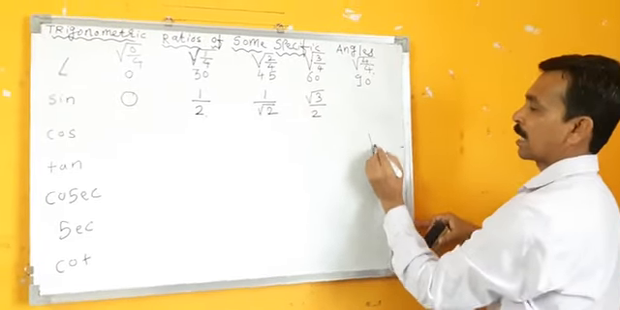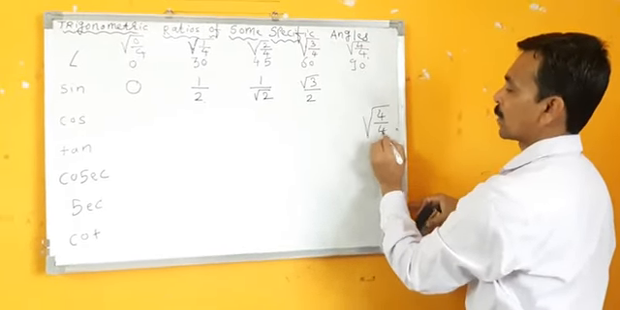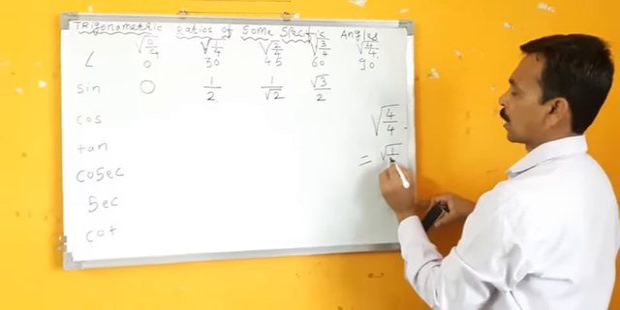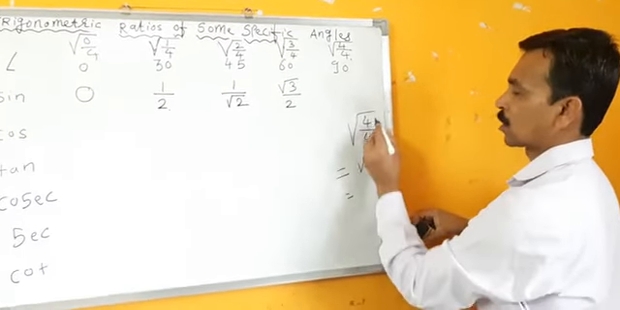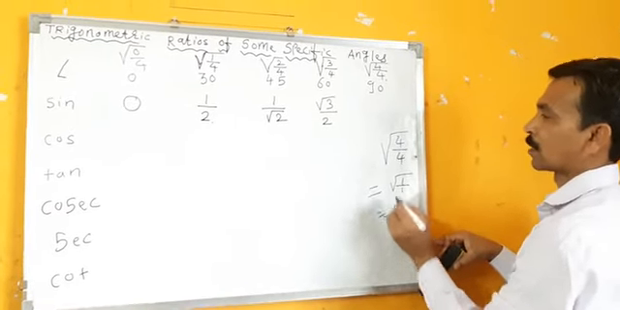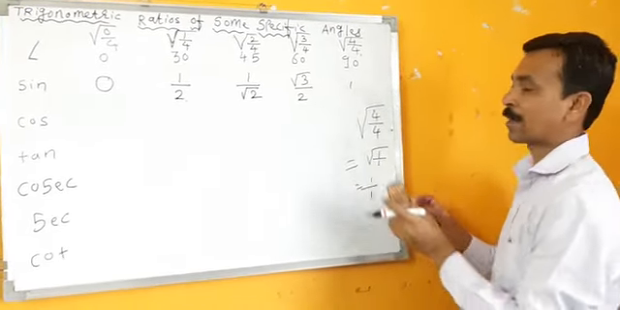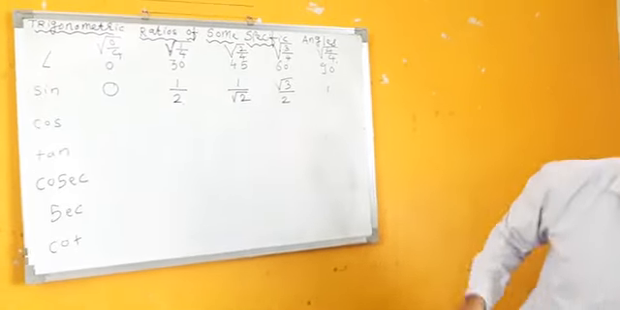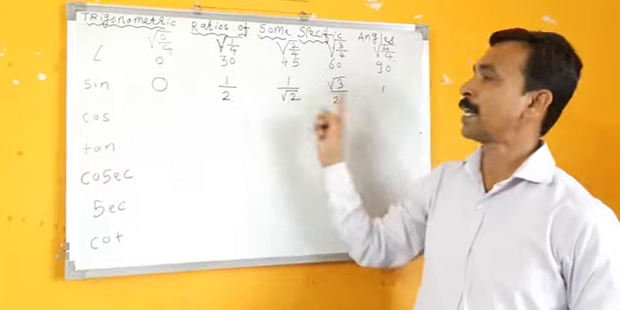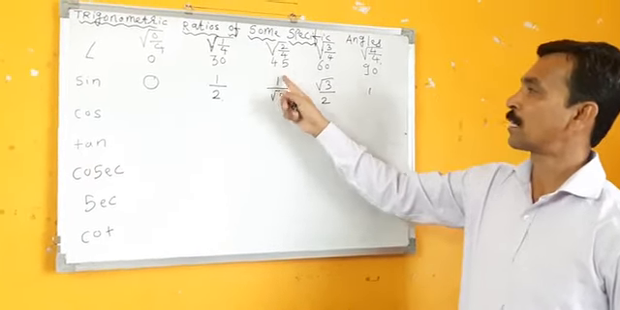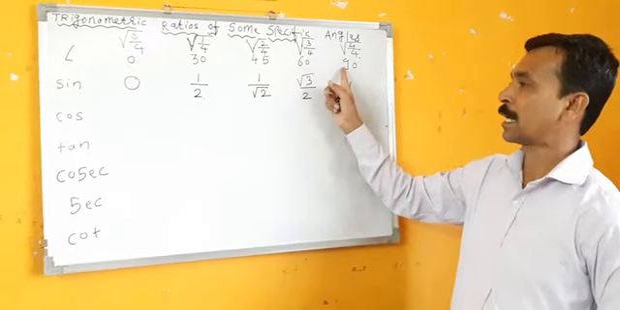What is the number above sine 90? Under root 4 by 4. 4 by 4 means what? Under root 1 upon 1, because 4 gets cancelled. What is the square root of 1? 1. So what is the value of sine 90? 1. Right? Once we get the values of sine 0, sine 30, sine 45, sine 60, sine 90,